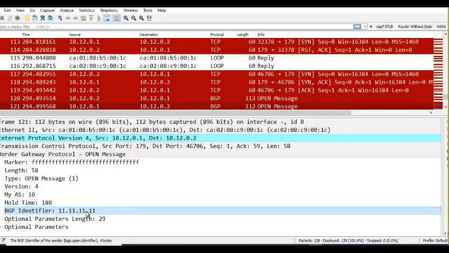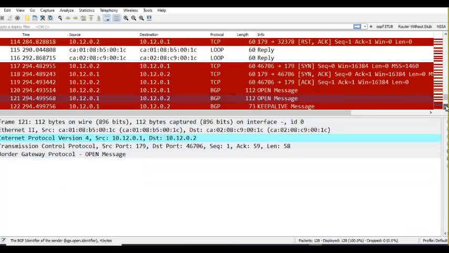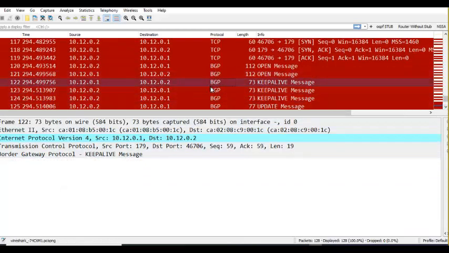I think there is a loopback address earlier configured. That's why it is 1.11.11.11.11. Fine. Now next, the keep alives are sent between R1 to R2, R2 to R1, and at last you see